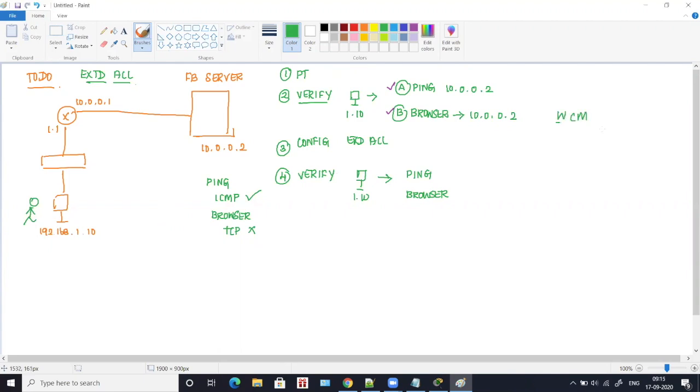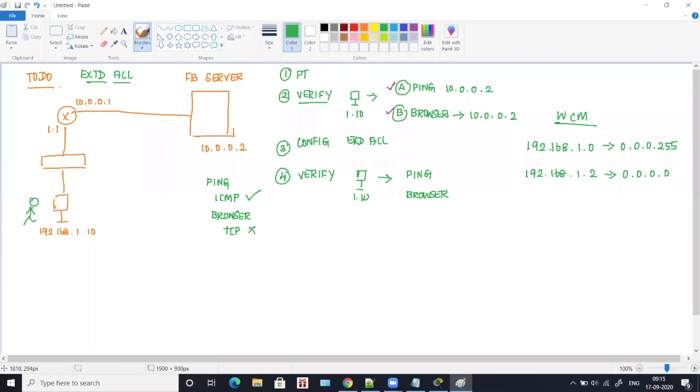Now you all know that wildcard mask is nothing but the inverse of subnet mask. But in ACL, say it is an entire network, for example 192.168.1.0. We know this is a network ID. If this is the case, the wildcard mask is going to be 0.0.0.255. If it is 192.168.1.2, maybe a single computer, then it's going to be 0.0.0.0.